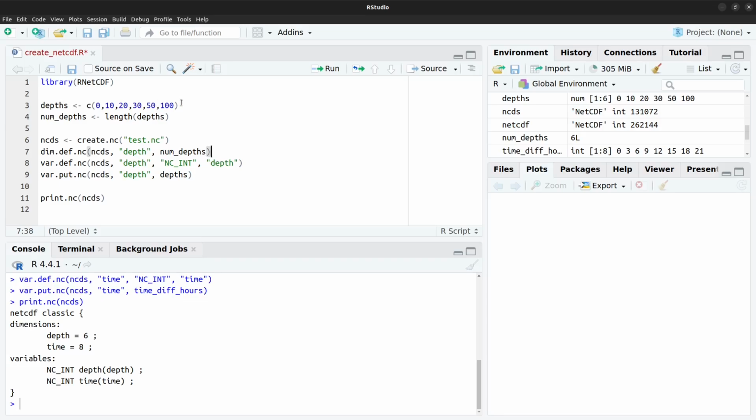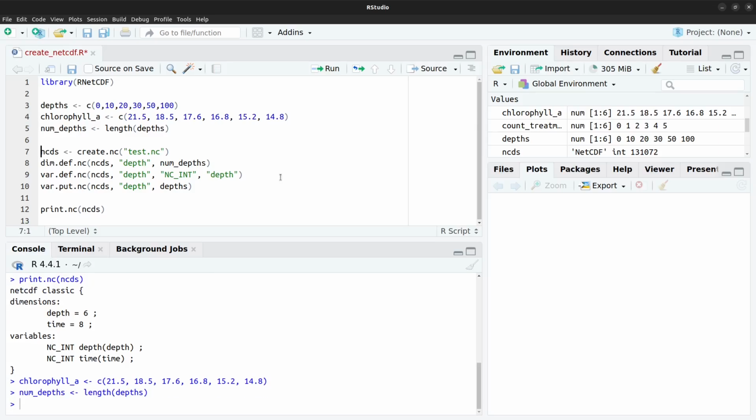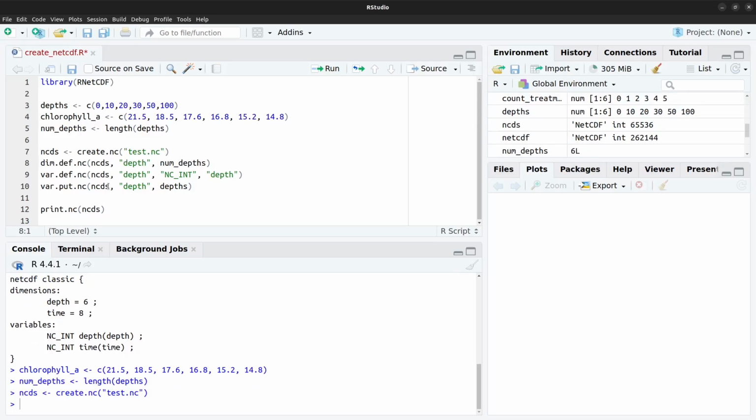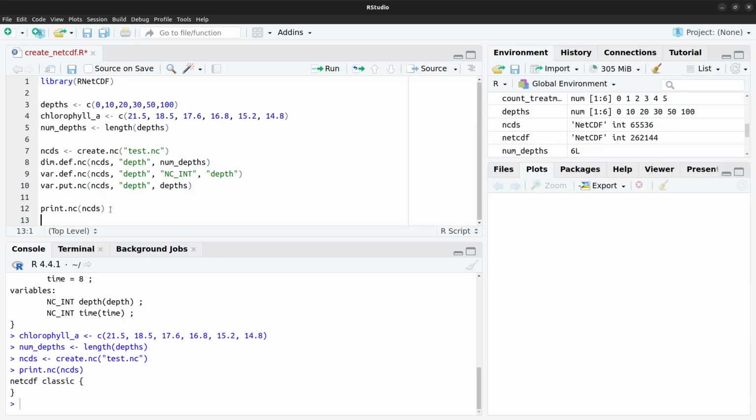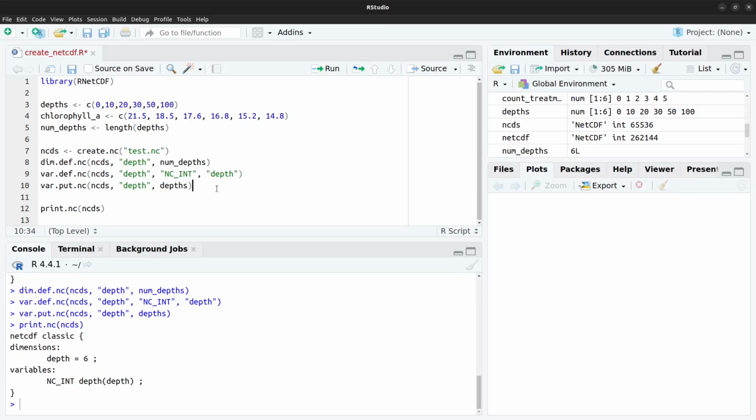So I'm going to create a data variable below here called chlorophyll A, for example, and I'm going to give that 6 values, just something random here. I'm going to run this through a bit so that we create a blank NetCDF file. We can again write our depth dimension and variable, and we can define our data variable in exactly the same way as we defined our coordinate variable. So, nice and easy,